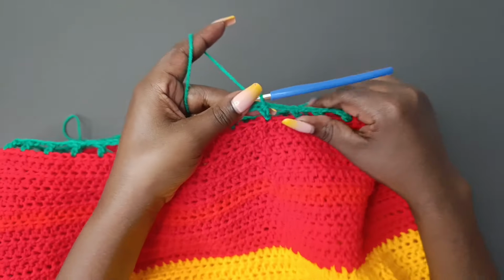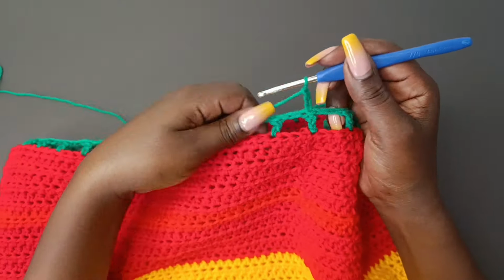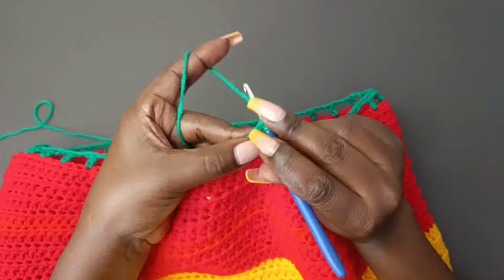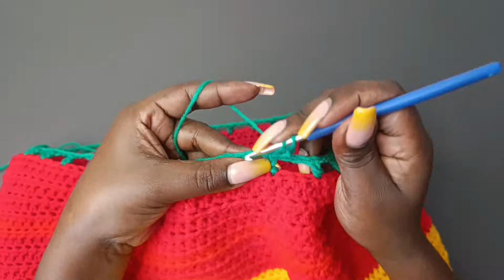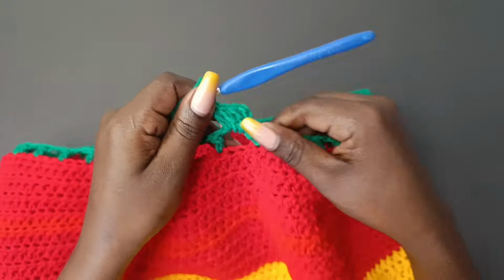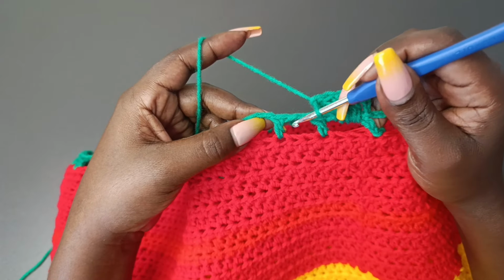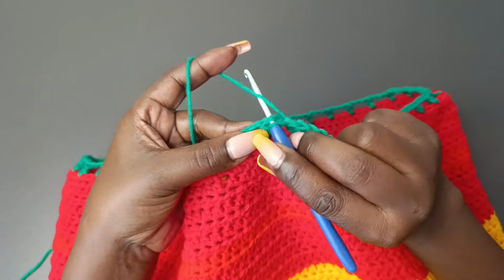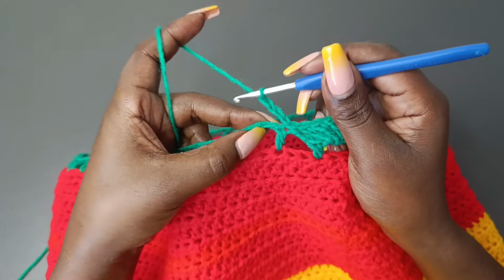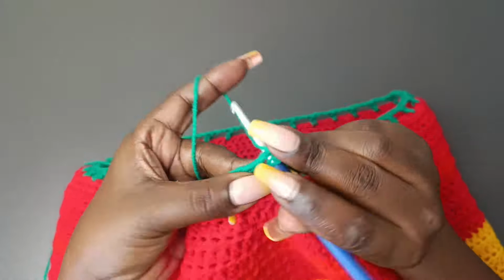And for the final round, we're going to chain 3, and we're not turning, but make sure that you're working from the right side of your skirt. Chain 3, and into this gap we're going to place 4 double crochets. So that's 1, after the 4 double crochets we're going to skip the next gap, then we're going to work on the double crochet after that gap that we've skipped, then chain 3, and into this gap we place 4 double crochets, 1,